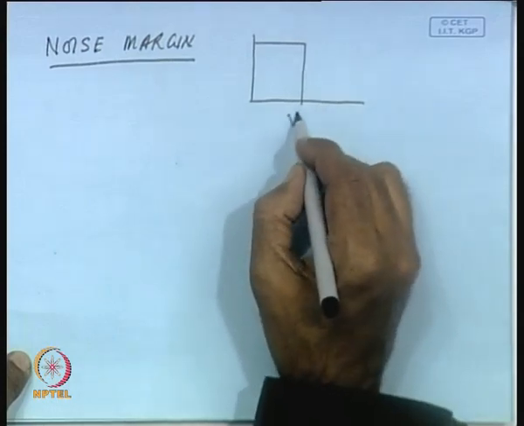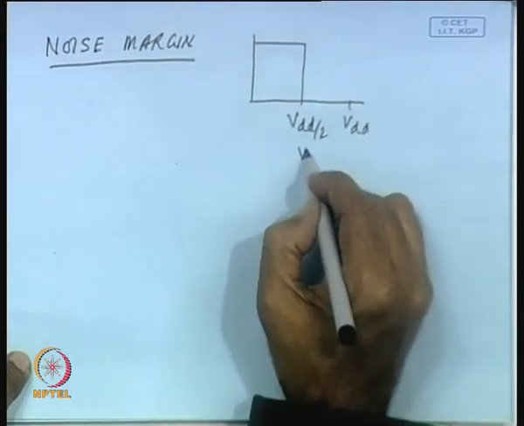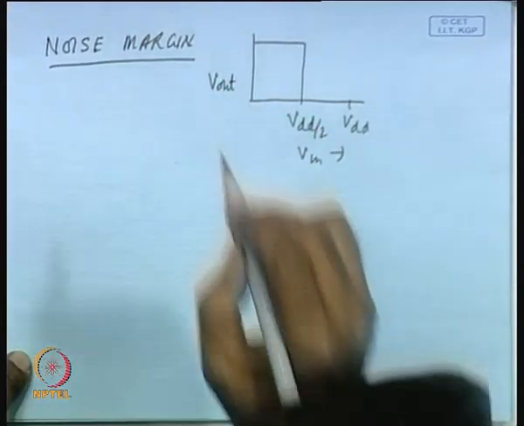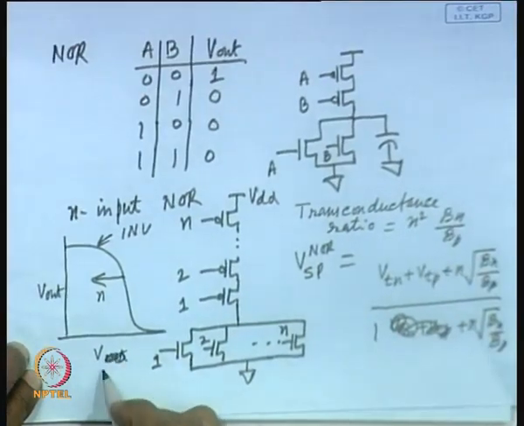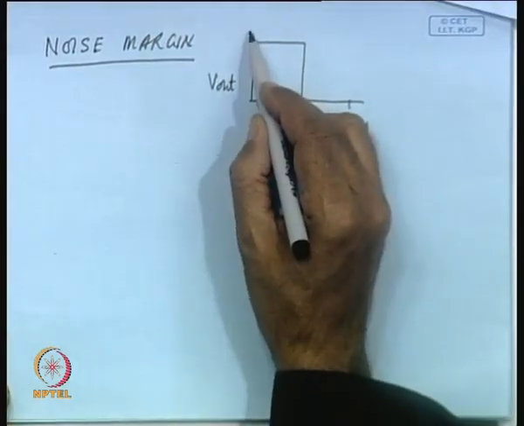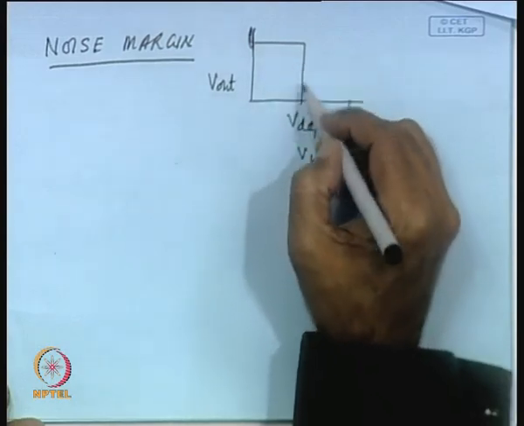The switching point is at VDD by 2 and this is VDD. Earlier I wrongly wrote V out, it will be V in. So, the V in against V out plot is done, and if the switching is done in the middle, then